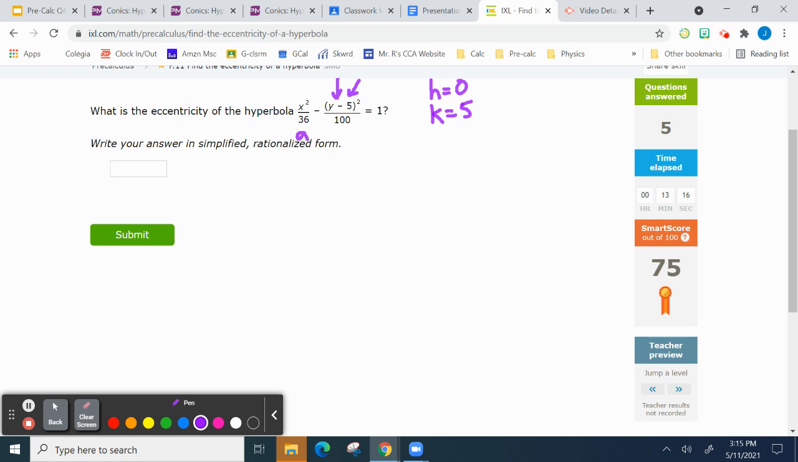And a is the square root of 36, so a is 6. And b is the square root of 100. That's horrible. I shouldn't even bother if I'm going to write that horribly. 100. Okay, so the eccentricity,